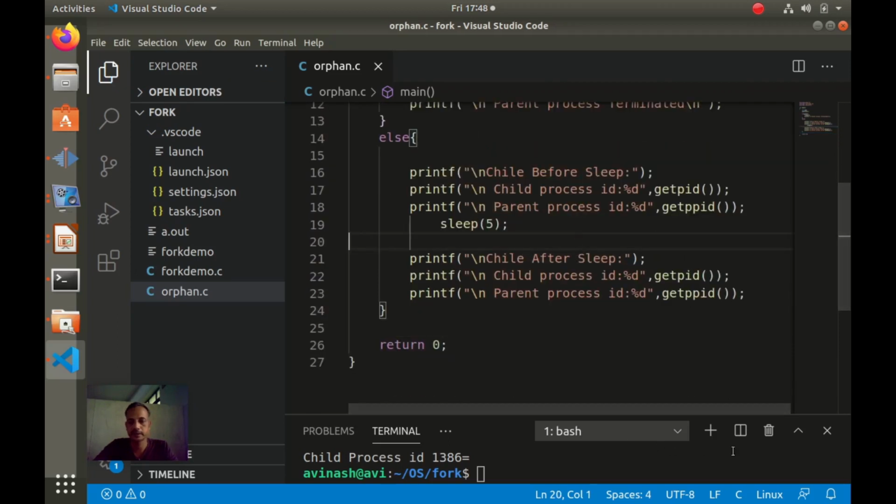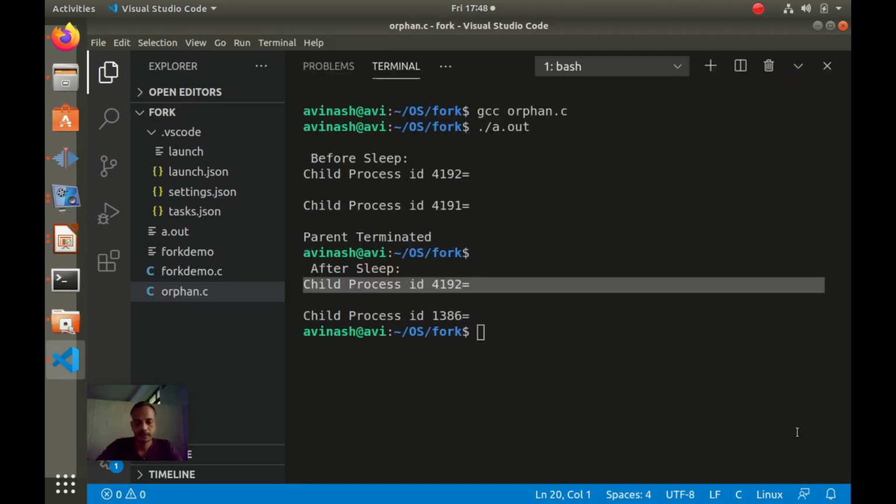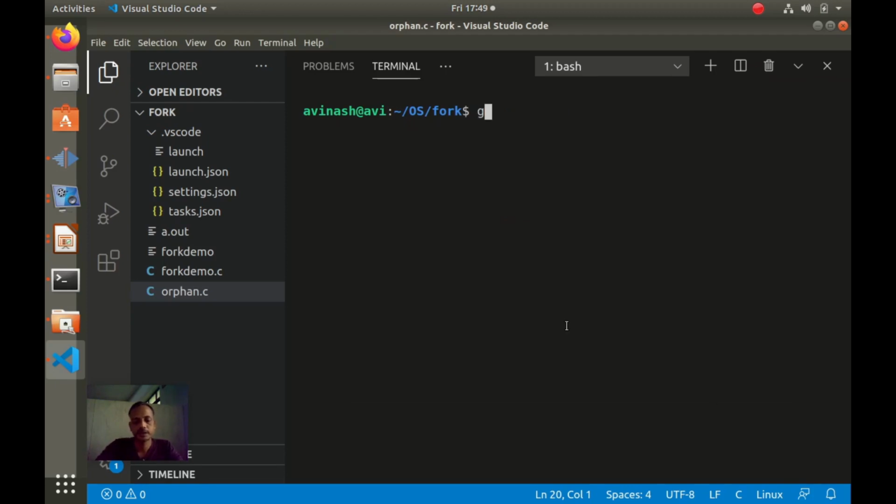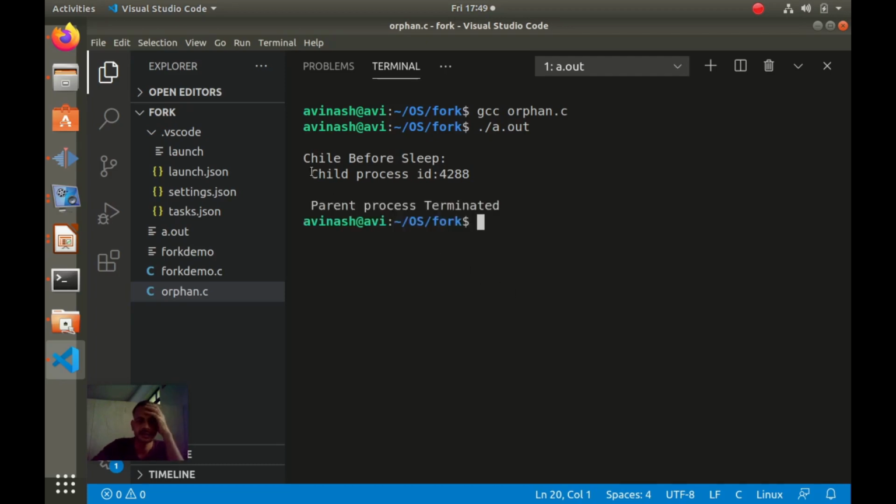So let us test this program in a terminal. Clear. gcc orphan.c, ./a.out. So child I have misspelled. So child before sleep.